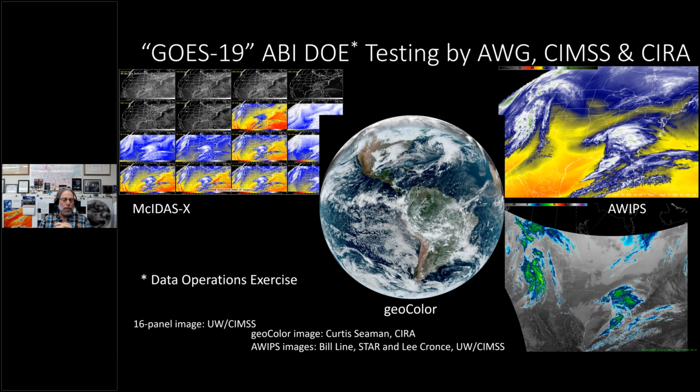Speaking of GOES-U, there was recently what's called the data operations exercise, where they took GOES 16 data, ran it through, and produced files labeled as GOES 19. So here's a glimpse. Of course, it's just GOES 16 data, but showing that various software works with GOES 19 files, be it Mercator X16 panel, GeoColor, TrueColor, or two different views from AWIPS. So thanks to everybody for making that happen.